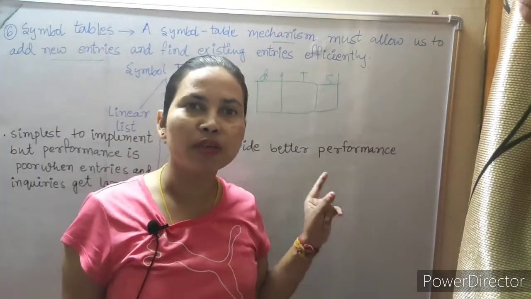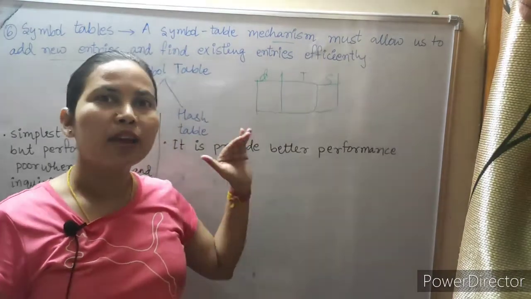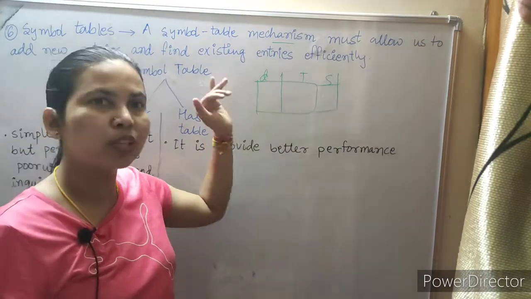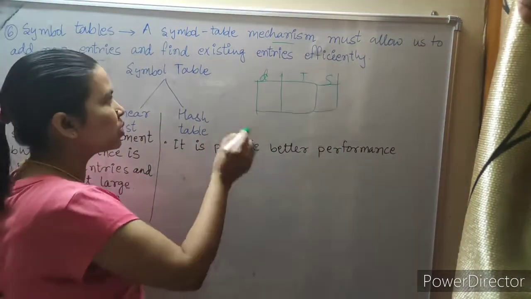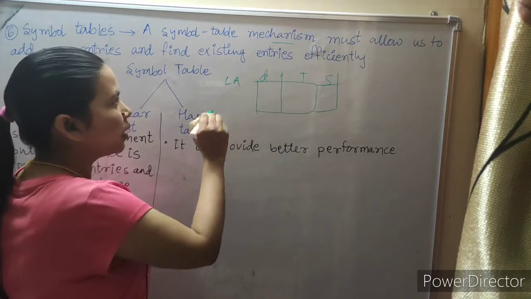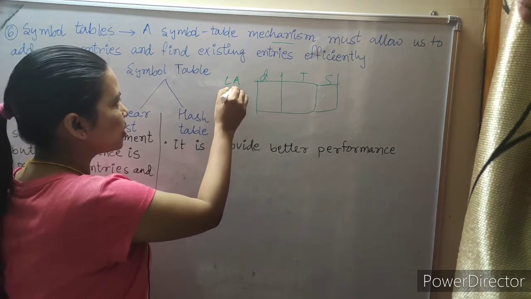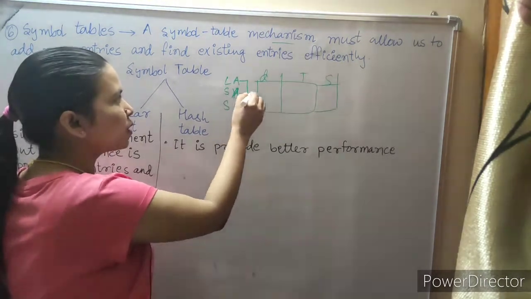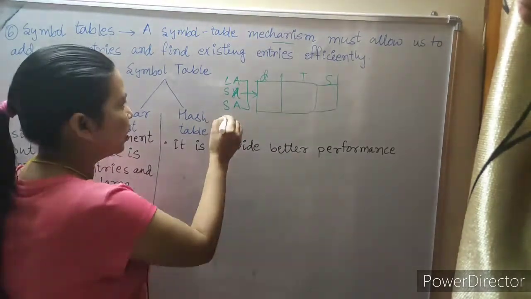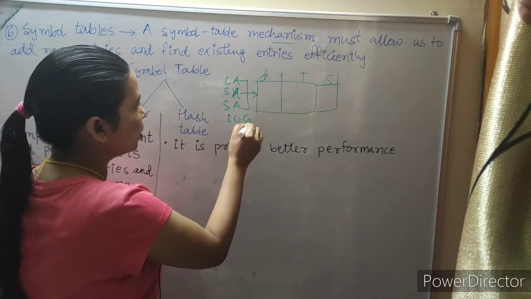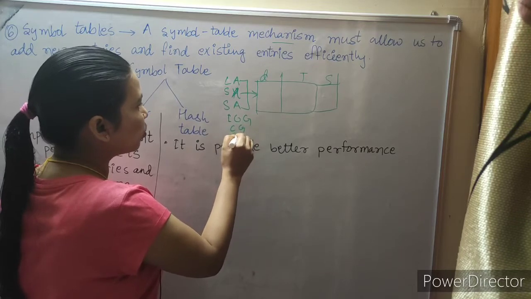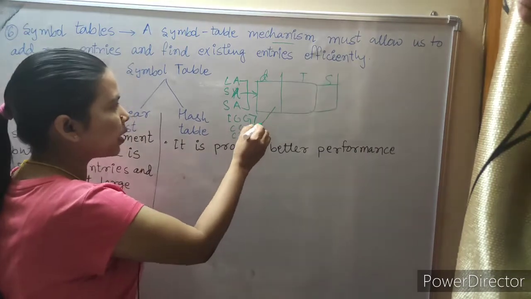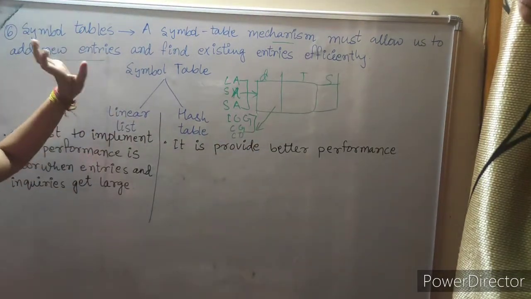For the symbol table, always remember that we are storing the data and fetching the data. We store the data before the intermediate code. Whenever you see the phases of compiler, first will come lexical analysis, then syntax analysis, then semantic analysis. In these three places we are storing the data to the symbol table. Then in the intermediate code generator and code optimization, these three places we are fetching the data from the symbol table. This is the meaning of the symbol table.